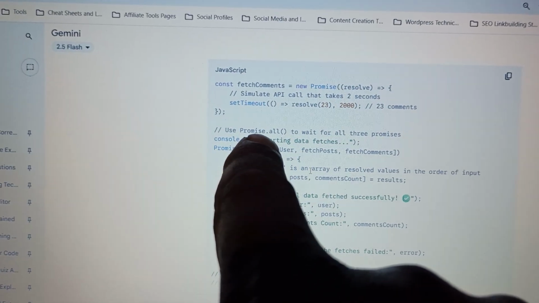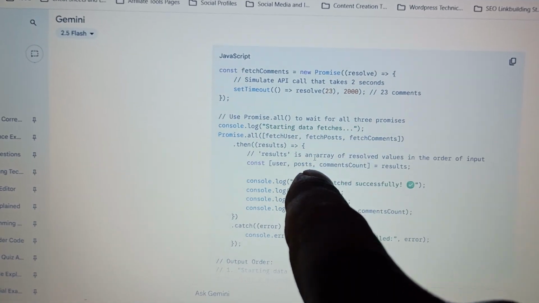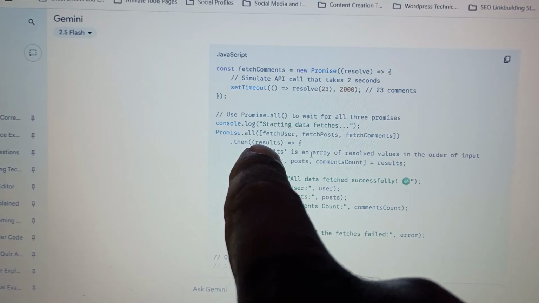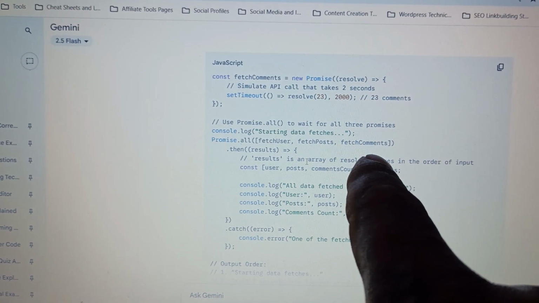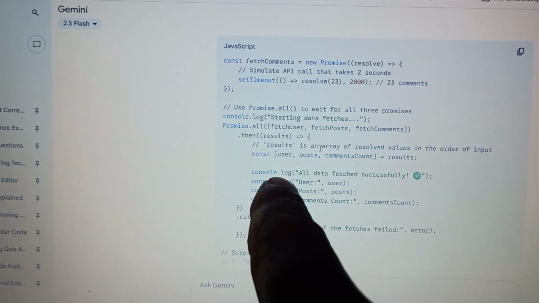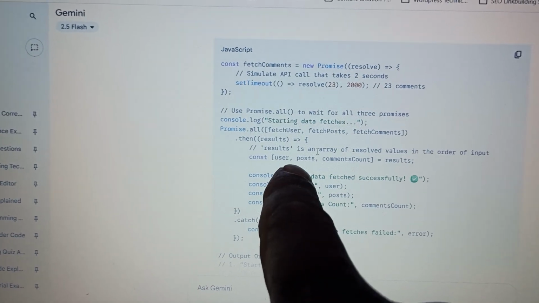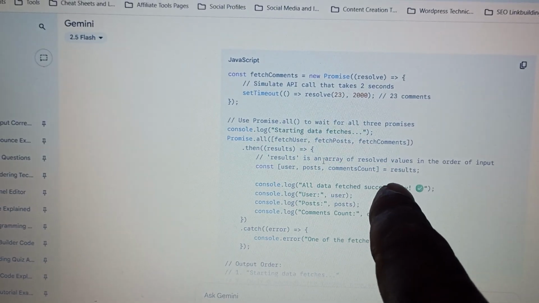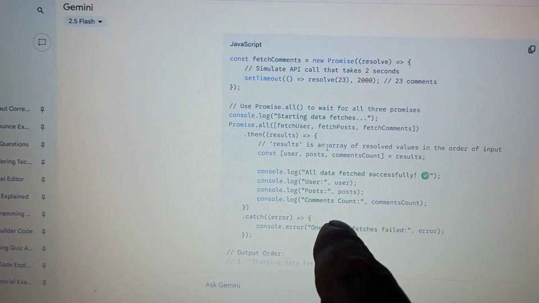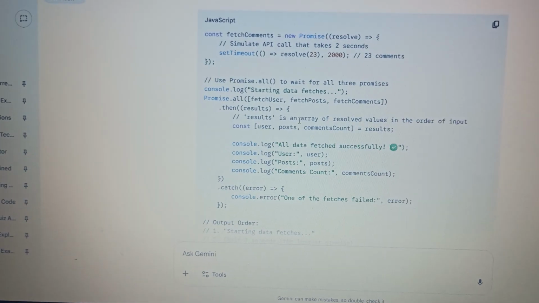We use Promise.all to wait for all three promises. As you can see, Promise.all, fetchUser, fetchPosts, and fetchComments. And right here, what we have is array destructuring. Right here, we have some console.logs, and then we have,